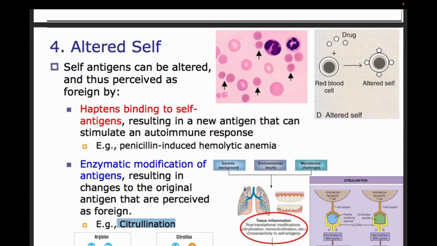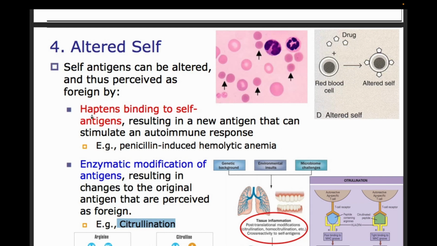The fourth mechanism. Self-antigens can be altered and thus perceived as foreign. Meaning, initially it was a self-antigen, there was self-tolerance and no autoimmunity. For some reason, alteration happened to this self-antigen, and because of this alteration it became foreign. There are two examples. The first example is